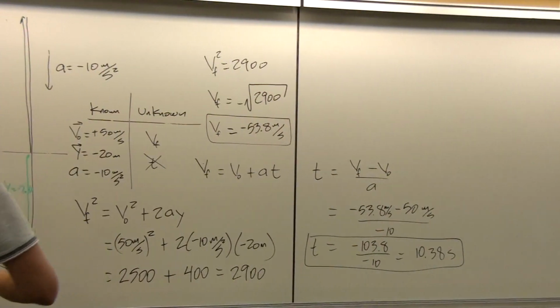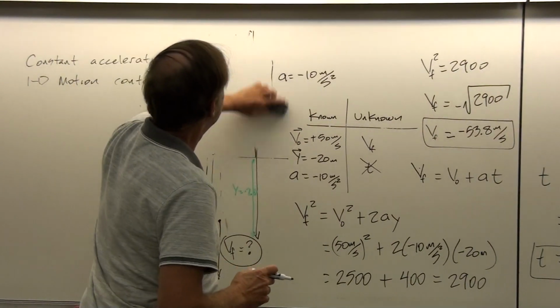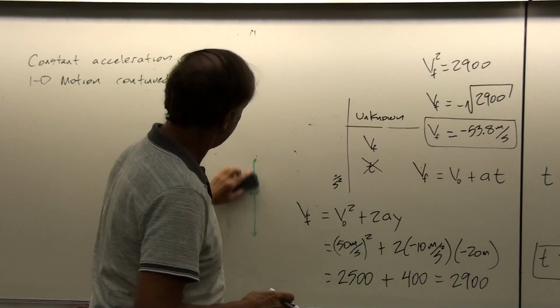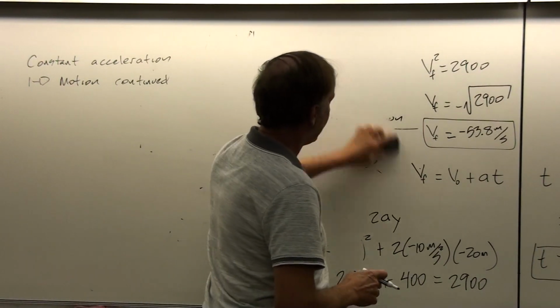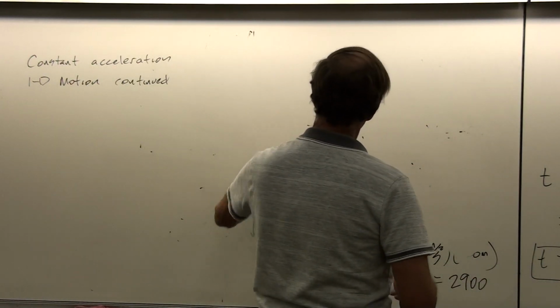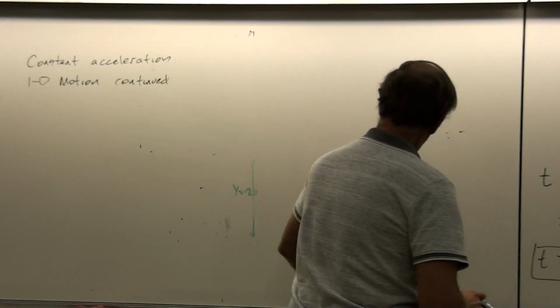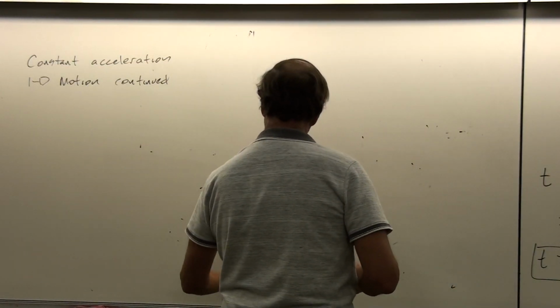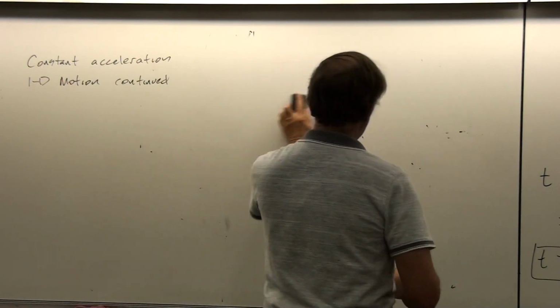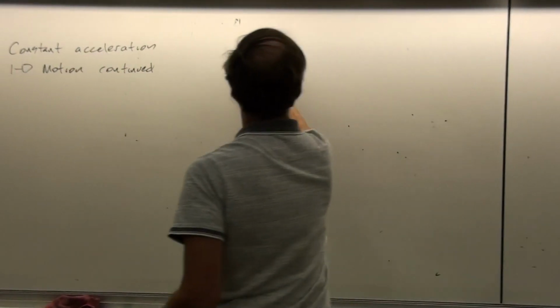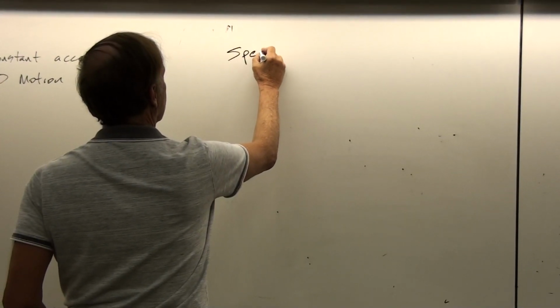Okay, so those are the kinds of problems that you can deal with in which you can just essentially eliminate the unknown that's not asked for and solve for your desired result. But what I wanted to do next was to take a look at a problem where we don't have the initial velocity. And let's see how that would change our result. This is a special kind of a problem.